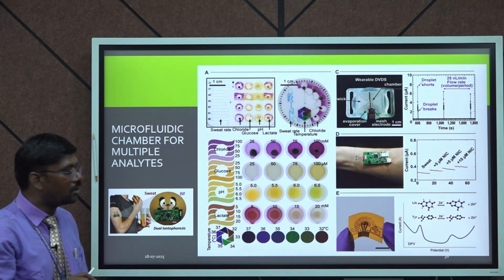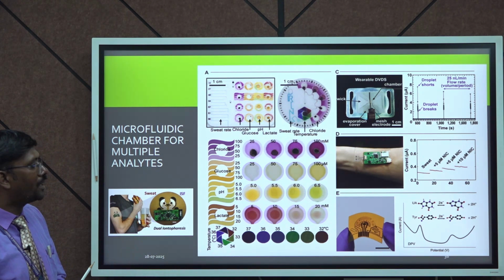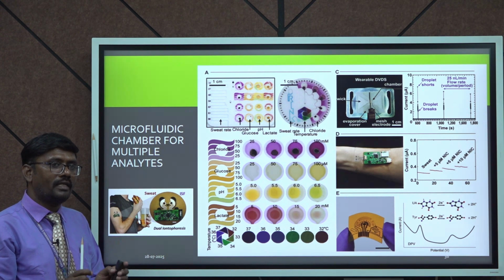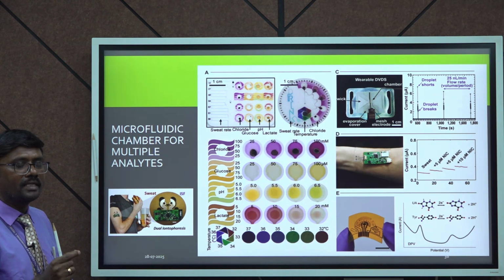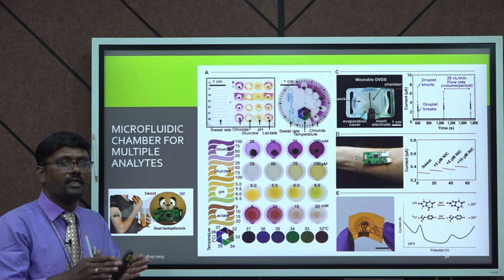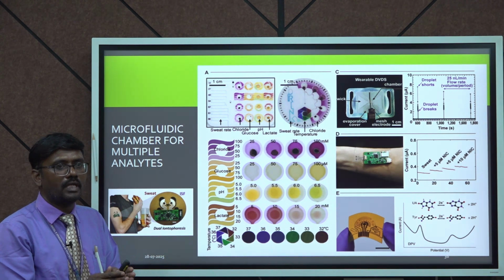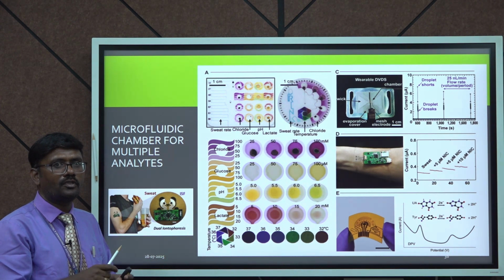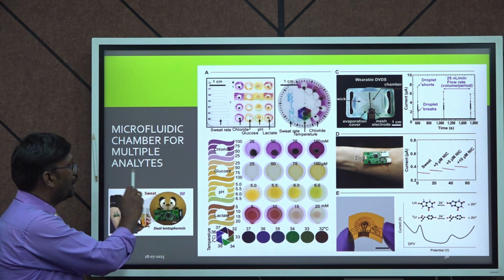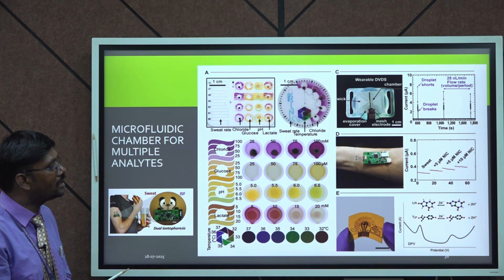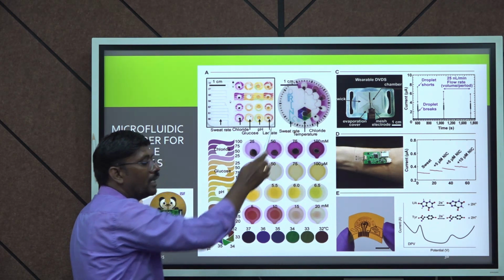Okay, let us wind up the session with one application. Here, a microfluidic chamber for multiple analytes. Let us take the example of a patient who comes to the laboratory for testing with blood samples. He wants to test multiple parameters like glucose, sugar, urea, ammonia, different parameters. So, with a drop of blood sample he tests all the parameters in a single chip, which is called multiple analyte. Different reagents are coated in different chambers in the MFD,